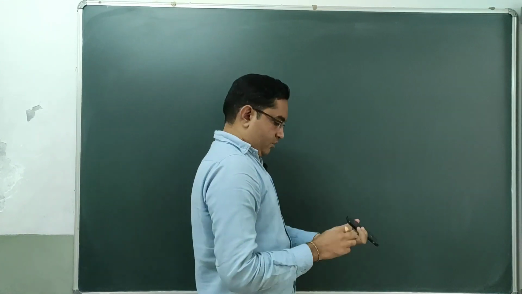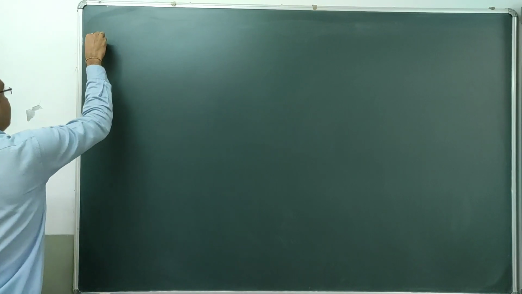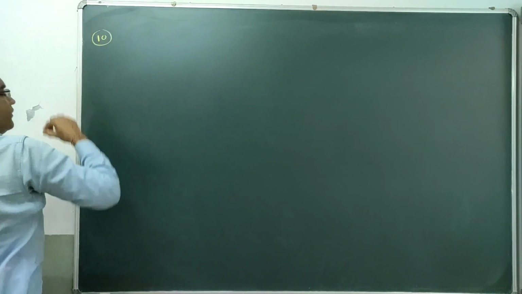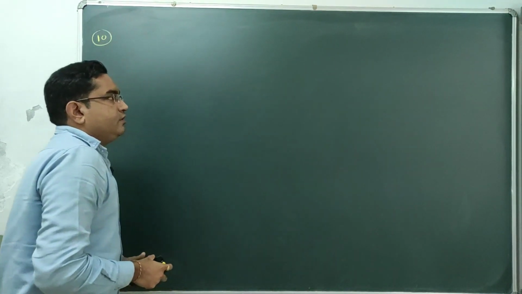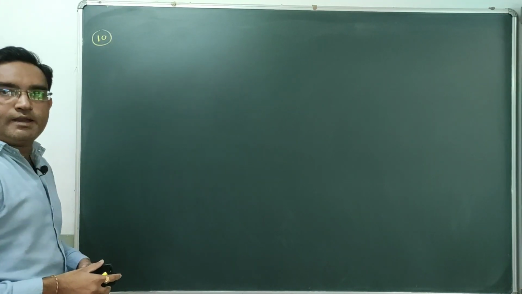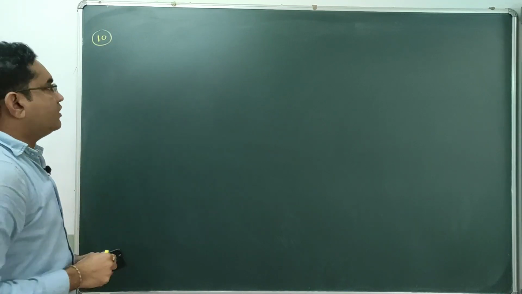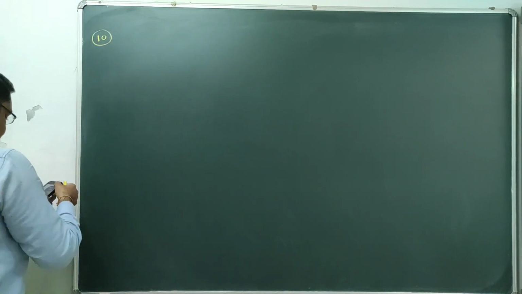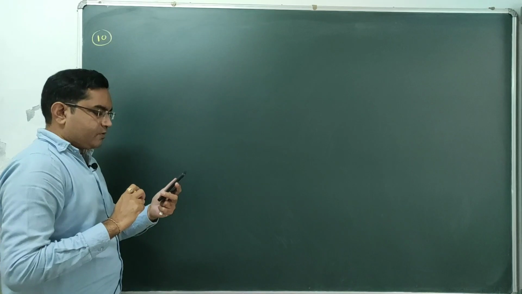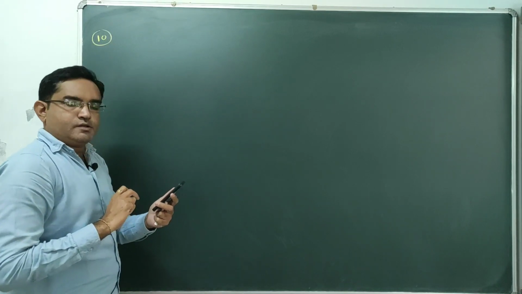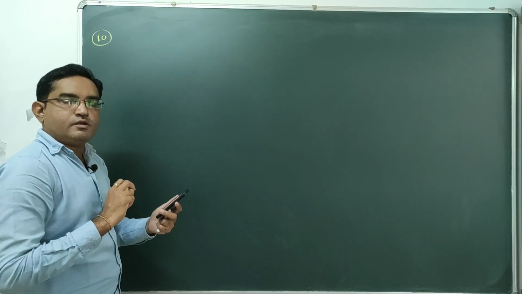Okay students, now we will continue with question number 10. We have completed up to question number 9. In questions 1 to 9, the equation of the ellipse is given and we have to find the features of that ellipse. From question number 10, different conditions are given and according to those conditions, we have to derive the equation of the ellipse. Find the equation of the ellipse that satisfies the given conditions.